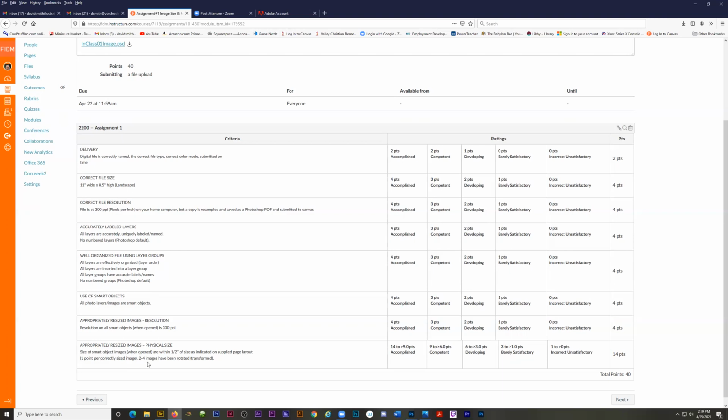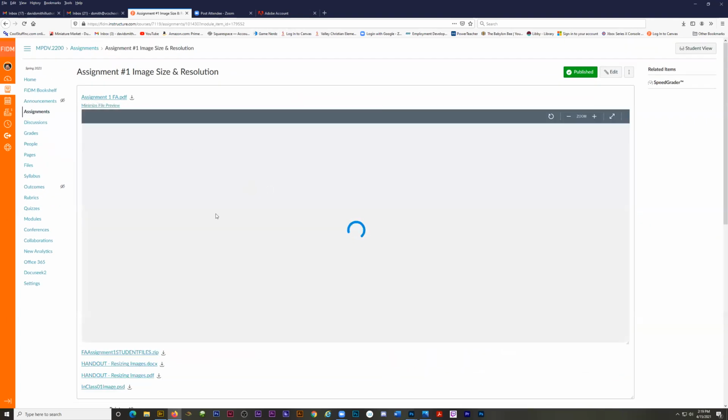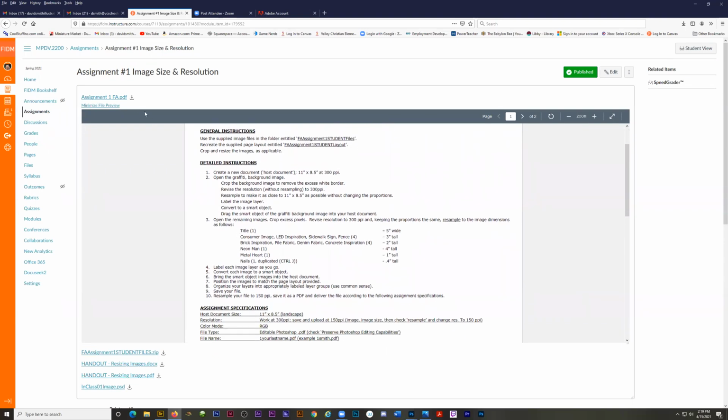So follow this handout. Like I said, the consumer image, the sidewalk, the fence, those are all like 3 inches tall. And your handout will tell you that. In fact, I'll show you where, it's right up here. So if I click on this, it should just open up. Oh, here it is. So here it tells you. So this is assignment 1 FA. Was that for fall? I don't know what the FA is for. That was probably for fall. Anyways,